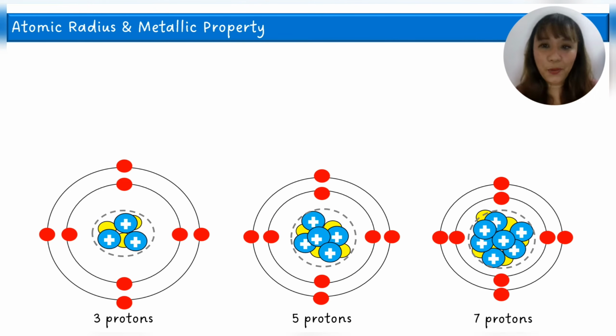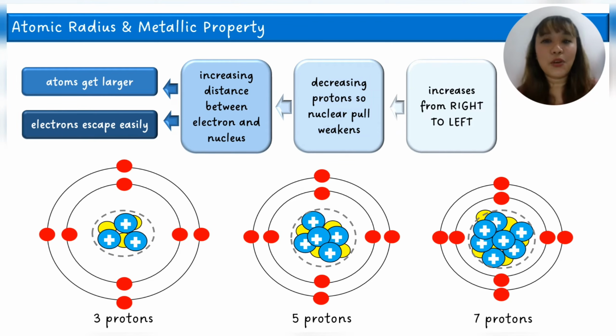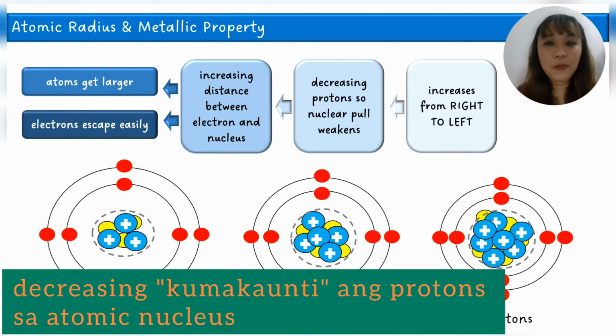Why are atomic radius and metallic property increasing from right to left across a period? First, because of the decreasing number of protons inside the nucleus. Considering the decreasing number,